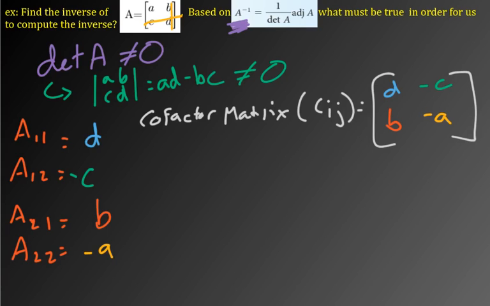And then the adjoint matrix is the transpose of that. So it's equal to Cji, or just the cofactor matrix transpose, which would equal